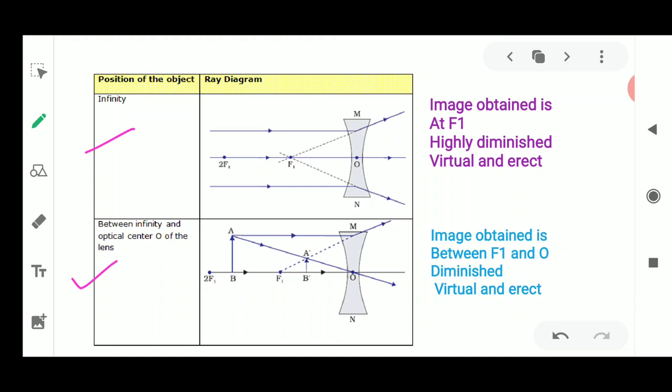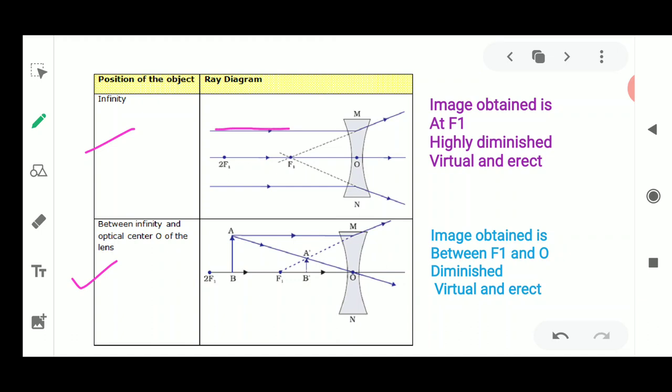Now the two parallel rays, which we will only select two rays, and I have given you the reason why we are taking two rays, because if we are taking these two rays, it is going to help us in drawing the particular diagram very easily. Fine, means the ray diagram will be very easy to draw if we are using the two rays and their nature. So we are using the rules.